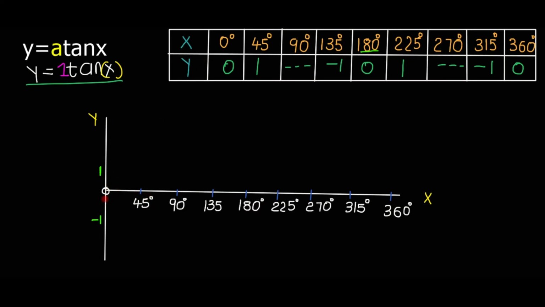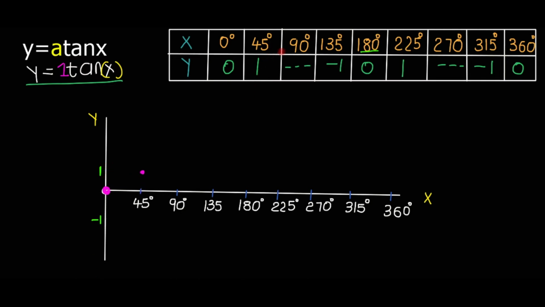We have 0 and 0, and then we have 45 and 1. Remember the coordinates go in terms of x and y, so we have 0 and 0, and then 45 and 1 is this one, because we always know our points are facing each other. We have 45 for x, and then we have 1 for y,